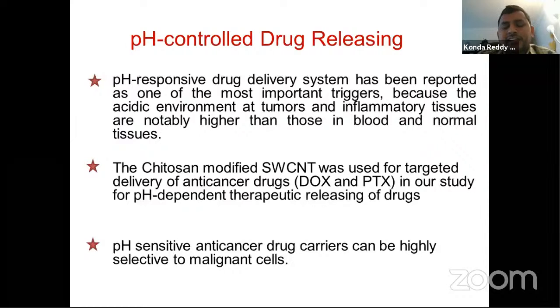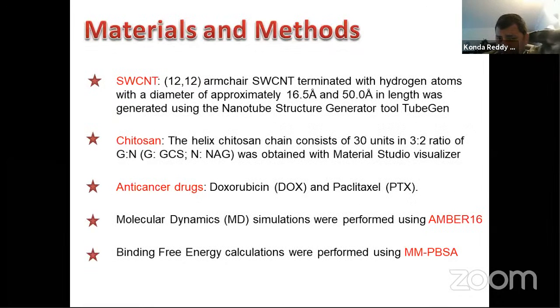That's a cancer target site. So pH-sensitive anti-cancer drug carriers can be highly selective to malignant cells. So yeah, we have used a single-walled carbon nanotube, with a diameter of approximately 16.5 angstroms, and